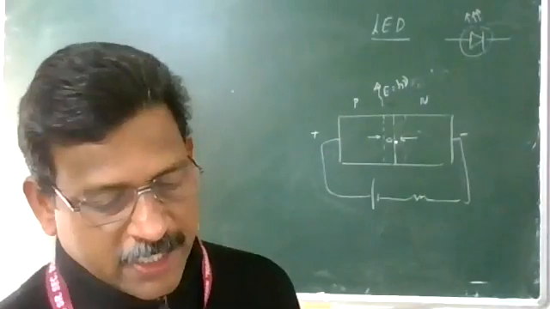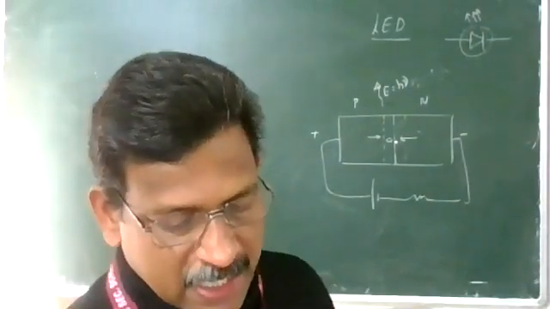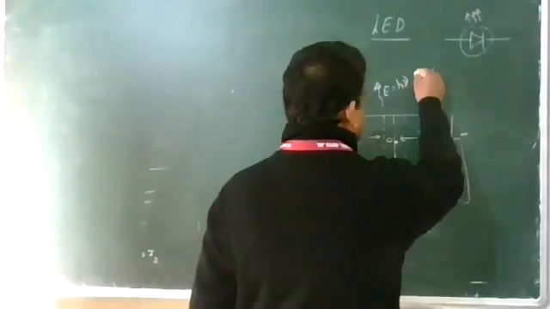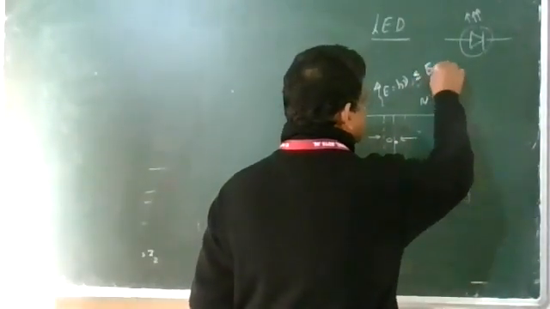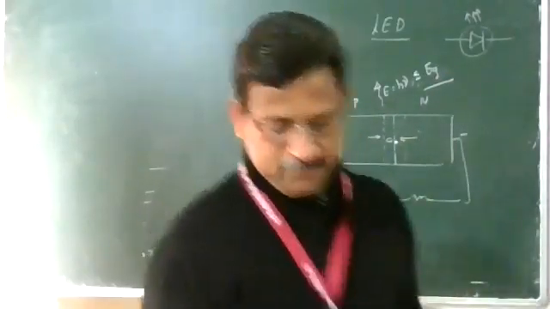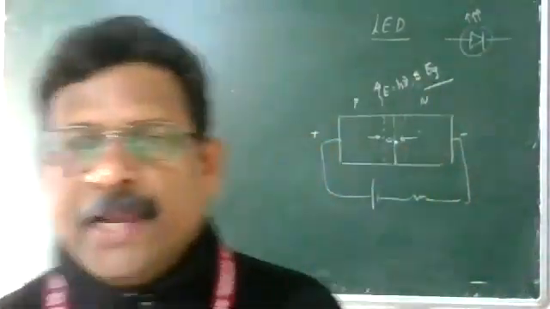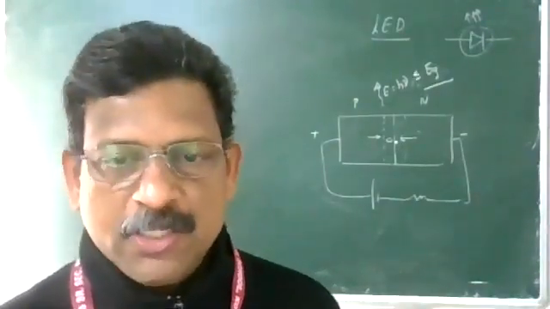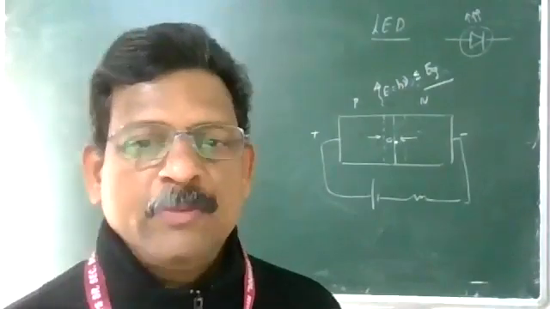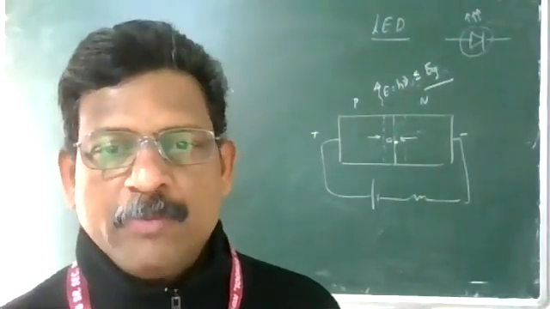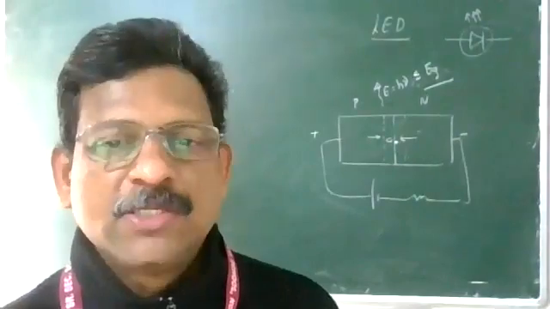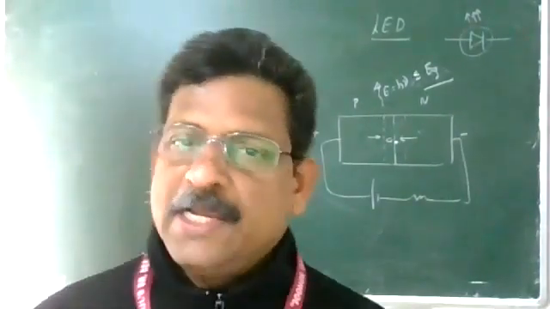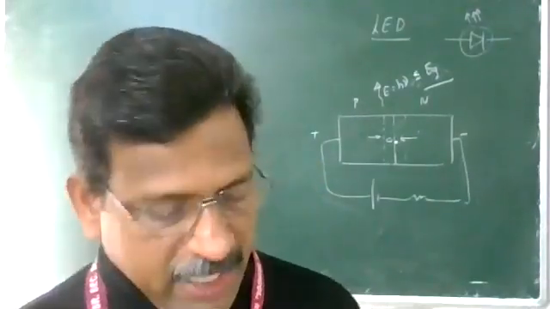These photons have energy equal or slightly less than the energy gap. So electrons and holes combine at the junction, especially majority with minority, since it is heavily doped. Because of this combination, energy is released. From recombination, energy is released. That energy will be maybe equal to the energy gap or slightly less, and correspondingly a photon is emitted.